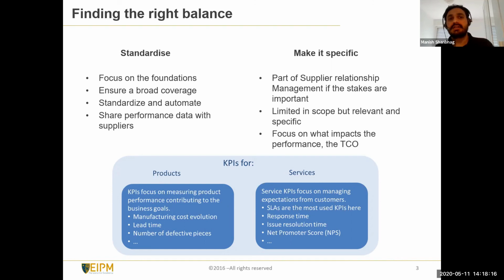The first part is, as I mentioned before, the notion of gathering information, analyzing it and putting it in the right form takes a lot of effort. There is a lot of effort involved. So there is a cost benefit analysis that you typically do on what kind of KPIs you want to put in place. But effectively, the more automated you make the gathering of information, the cheaper it is in terms of effort, which is normal.